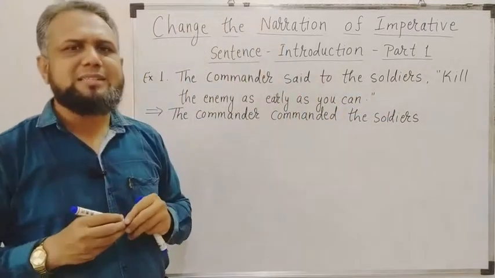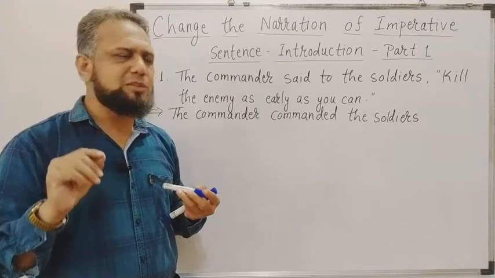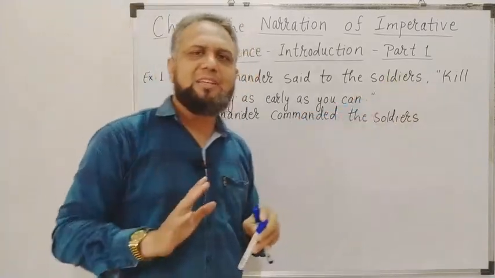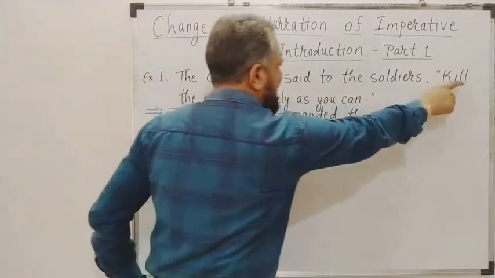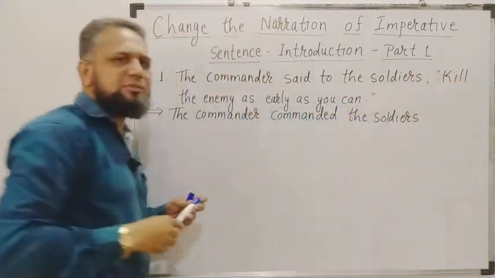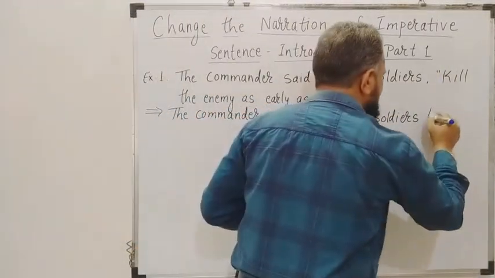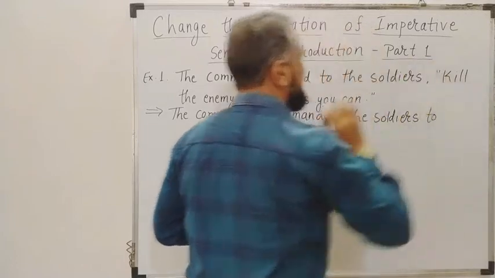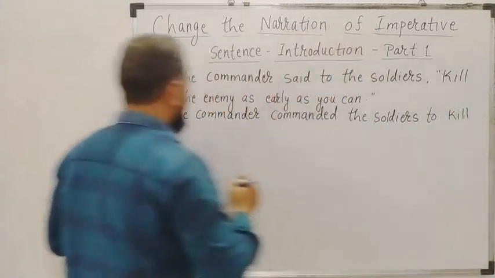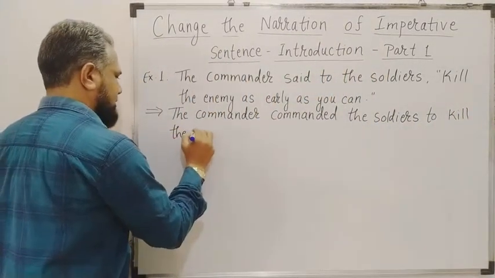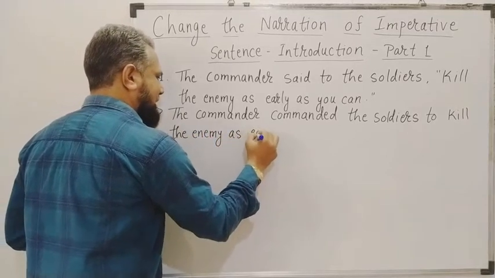So the third rule says that if the sentence is positive imperative, we have to use to, and if the sentence is negative imperative, we have to use not to. Our sentence starts with kill, the first form of verb. Therefore this sentence is positive imperative. Therefore we have to use to in place of inverted commas as conjunction. To kill the enemy as early as